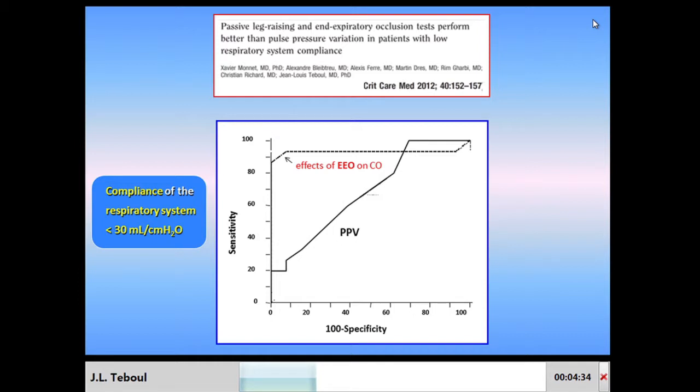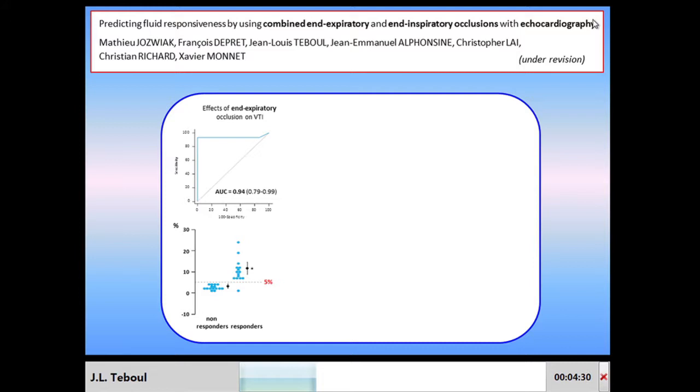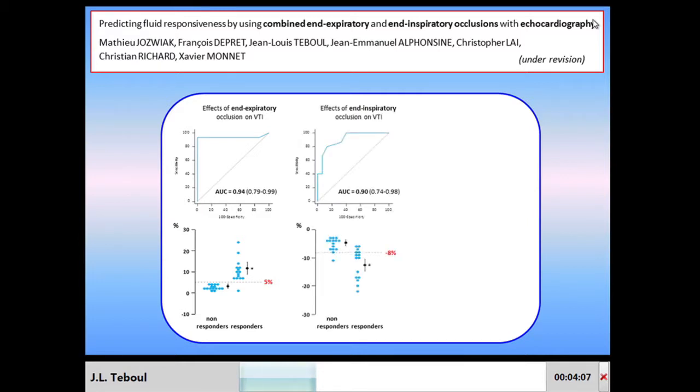So it works also in these situations of ARDS. And also you can combine two tests, an expiratory occlusion test and an inspiratory occlusion test. This is what we are doing now, and this is a paper which is under revision now. We perform an expiratory occlusion test, and we found good results, good area under the curve, but also an inspiratory